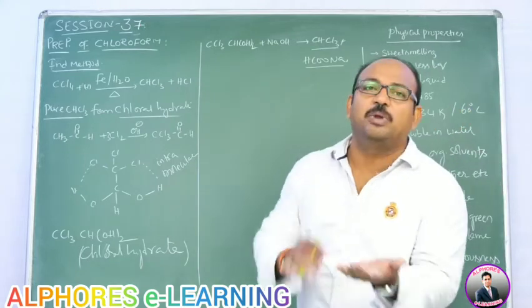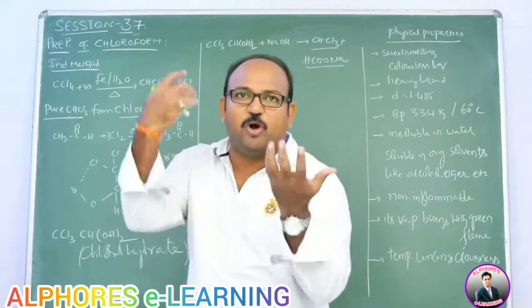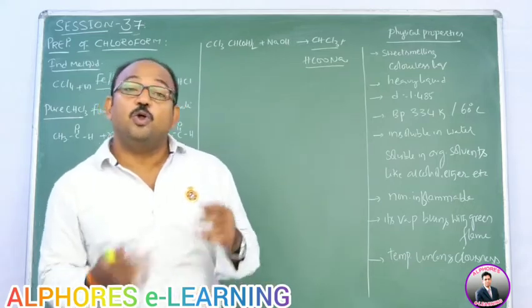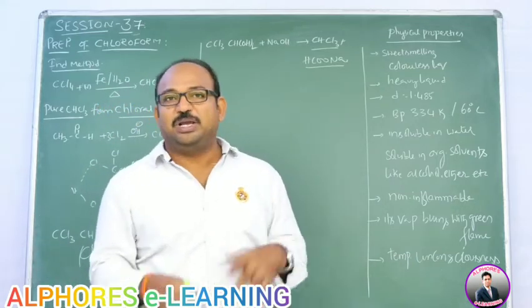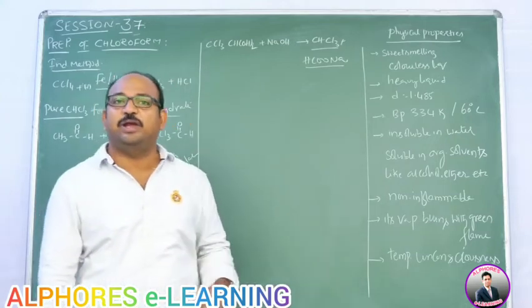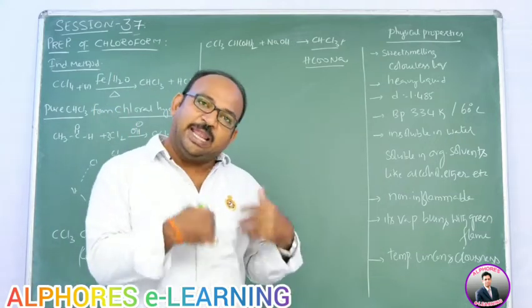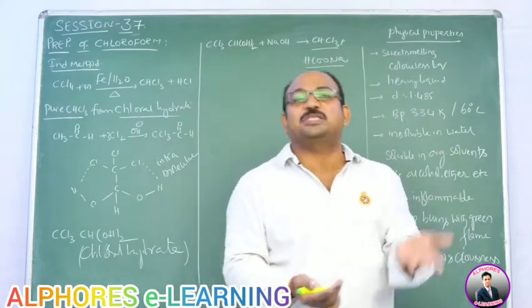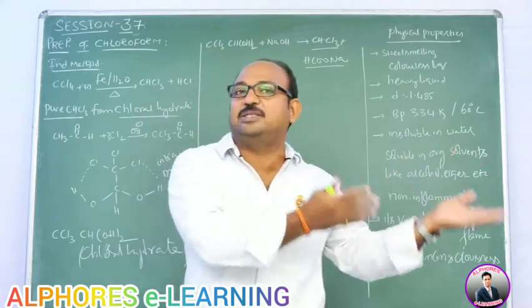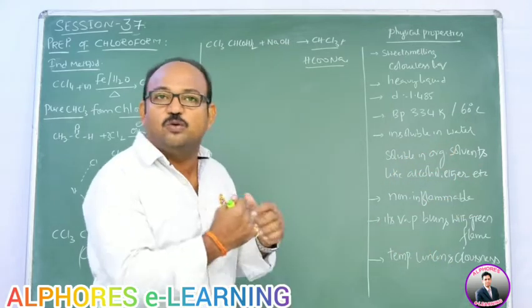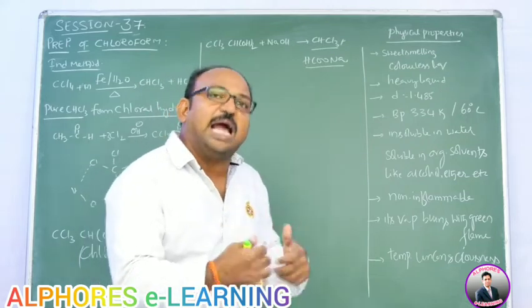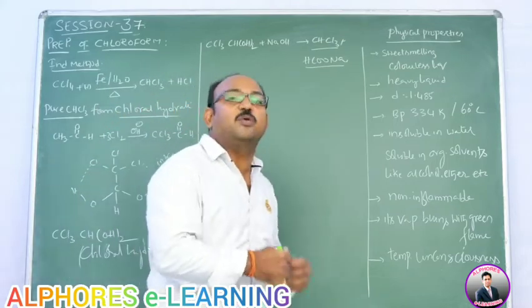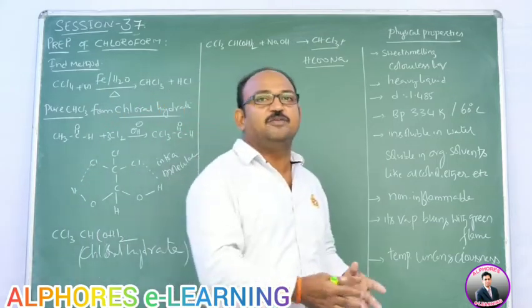When you take it in your palm, it absorbs heat energy from your body and it goes to vapor state. So chloroform is preferably used as a solvent, because when we are using chloroform as a solvent, no need to separate the compound by using any external methods, because chloroform can easily go to vapor state. The compound which you prepared remains there only. I hope you got the point. When you are using some other solvents which have a high boiling point, again you need to use separate techniques to separate the original compound which you prepared from the solvent which we are using there.